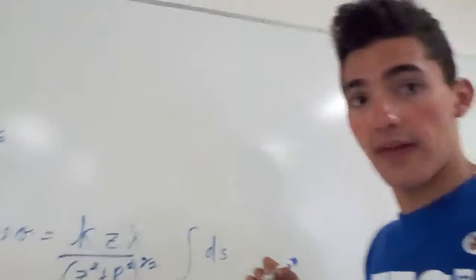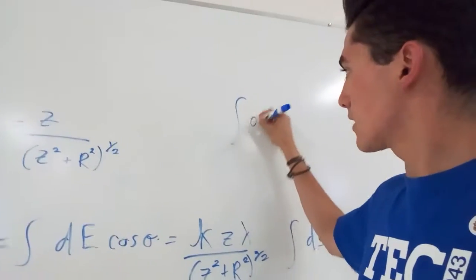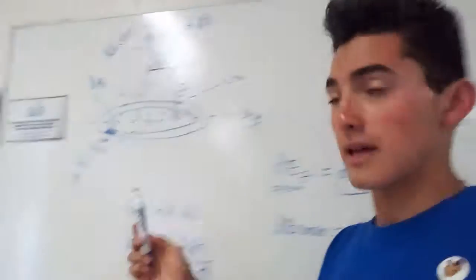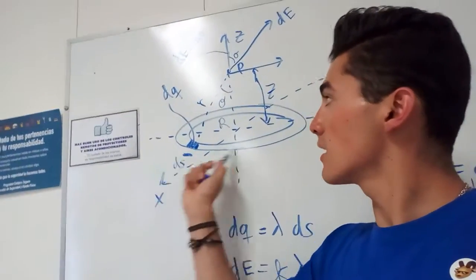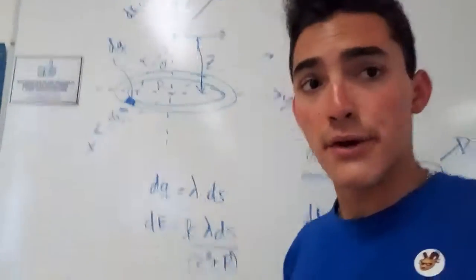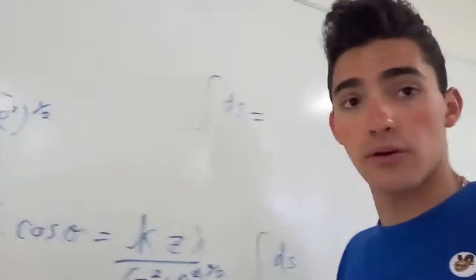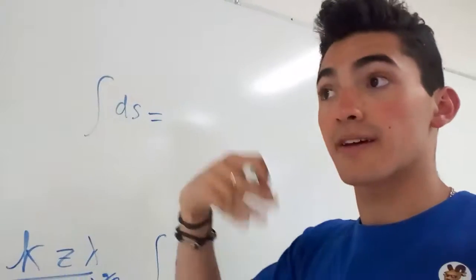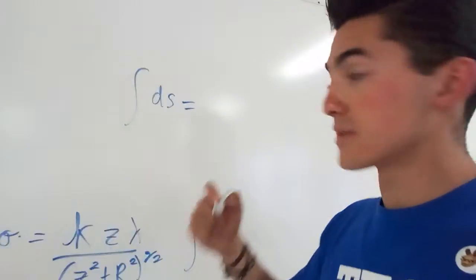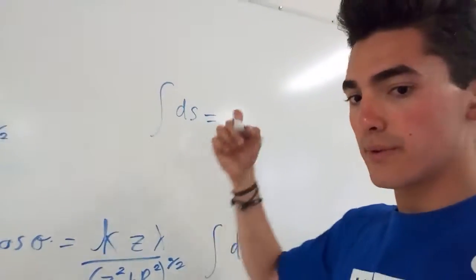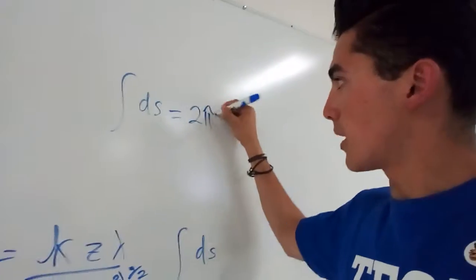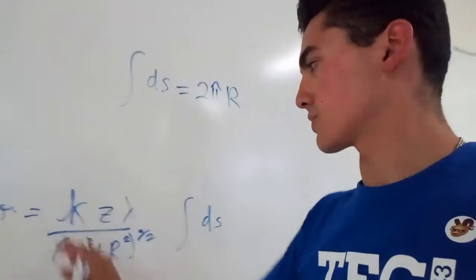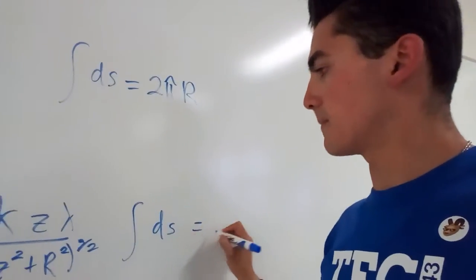But we know that the integral of ds is integrating this part throughout all the ring. So if we integrate all the ring, we will obtain the circumference of all the ring. So the circumference of the ring is equal to 2 pi R. So this part, all this part, will be equal to